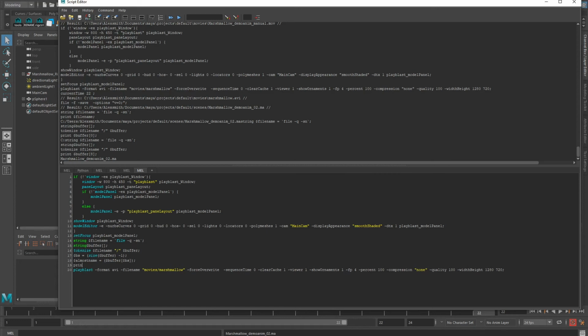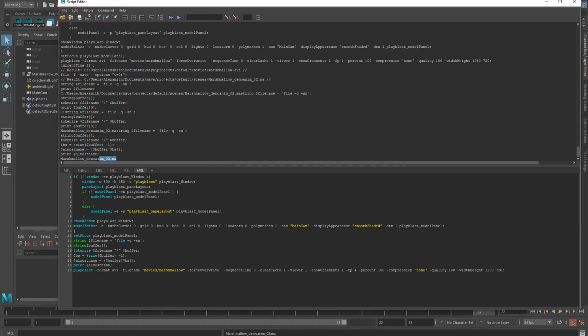Now we're just gonna print almost name, close it up. So if we select all this, copy, print, and we get our name of the file, but we still have the .ma, which is .maya file, Maya ASCII. So we want to get rid of that too. And the way I thought of doing this, because it's a string, you just use another tokenize and just tokenize the dot between them. So we'll do another tokenize,